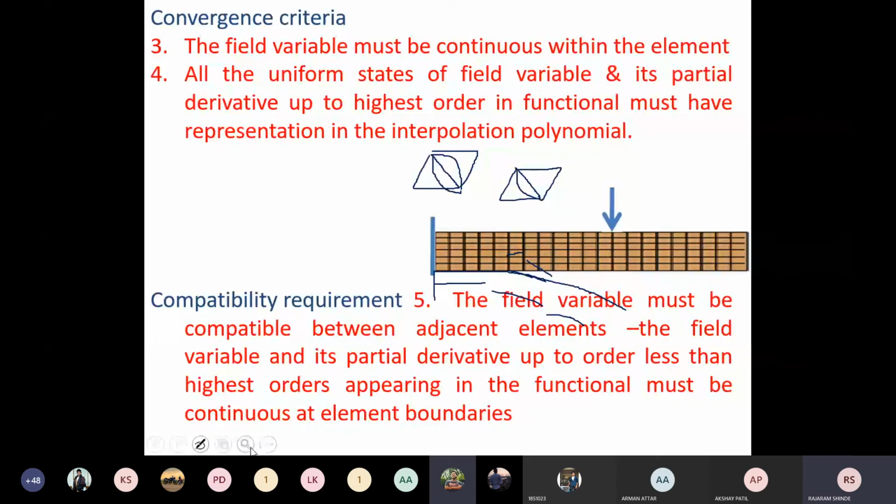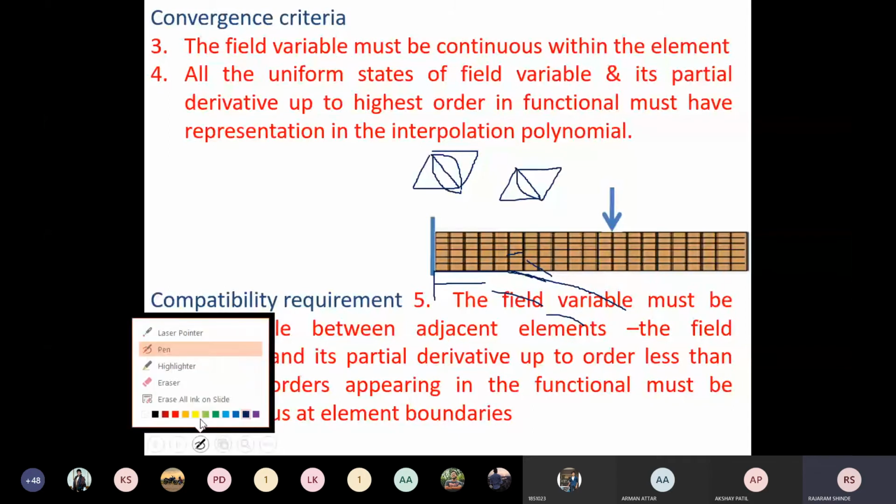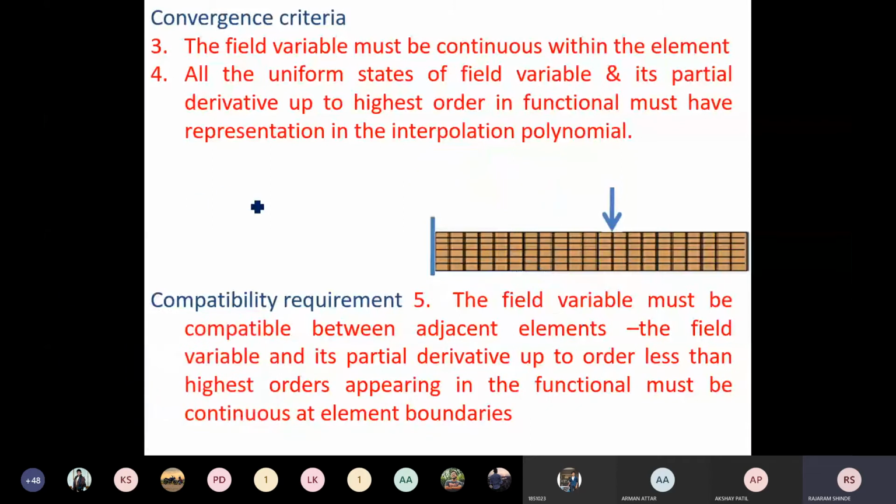See here, this is complicated for understanding. I will explain by example. You see here. Already I have explained deflection here. Now, if you want to calculate the deformation of the rod, and I have modeled, suppose, this rod by two elements, and when I apply the load, yes sir, yes.